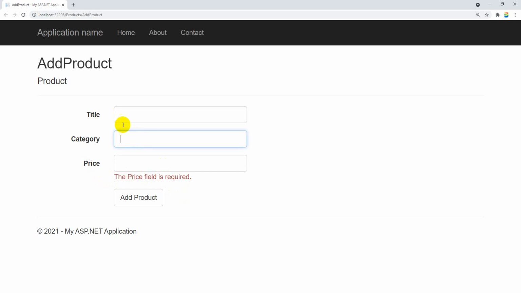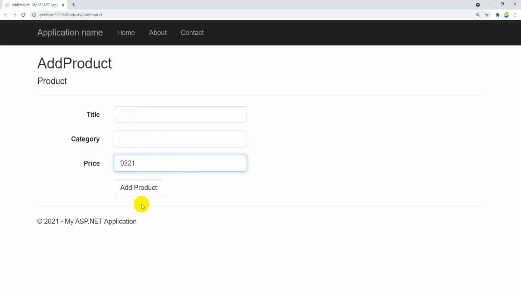But for title and category, it is not showing as mandatory. If you enter any value, it will get submitted automatically. Now I just want to make this particular title and category mandatory.